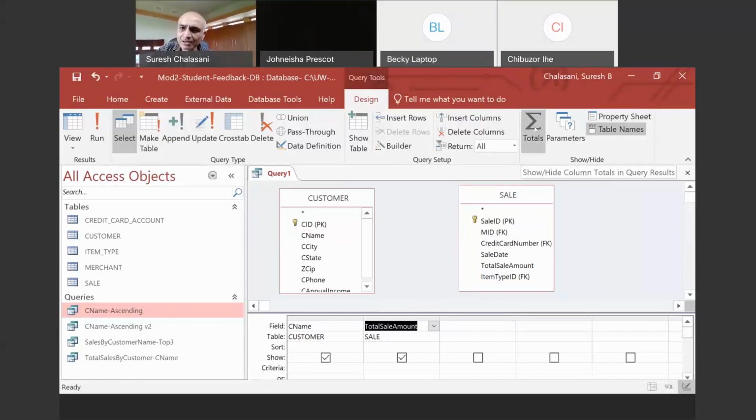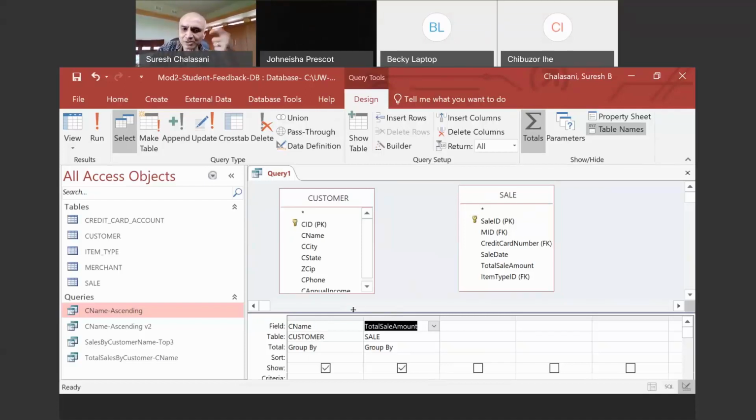To do that, we have to click this totals button. This is very crucial at the top. If I click this totals button, you would see immediately this one is highlighted, and then you see the CNAME and group by, right? So what we are saying is that we are grouping by CNAME.